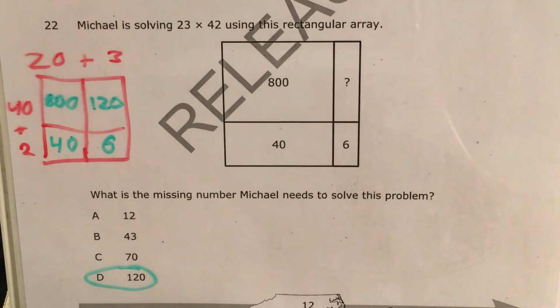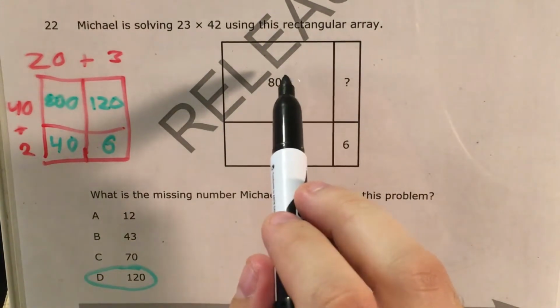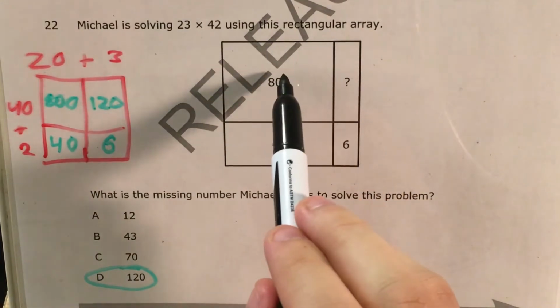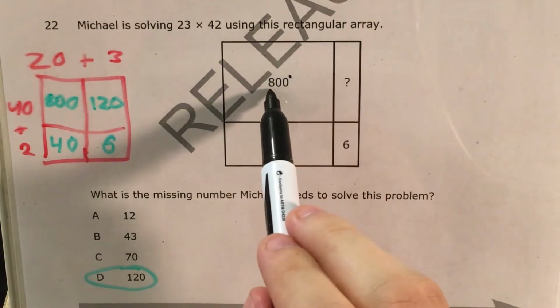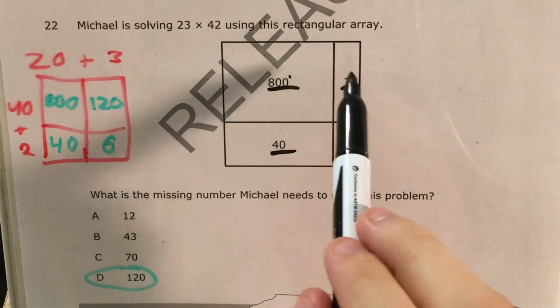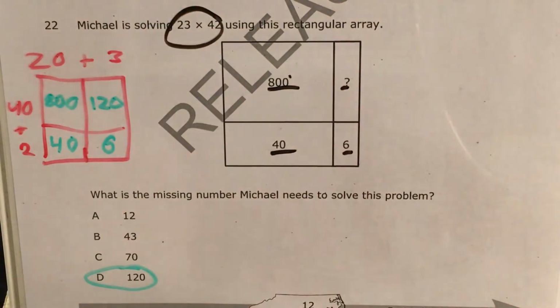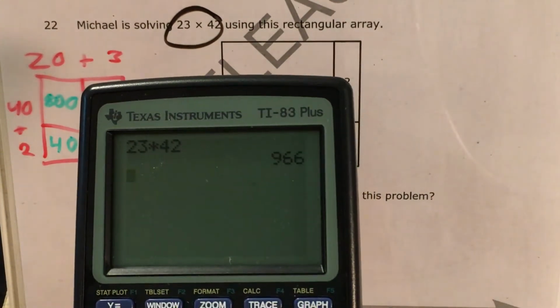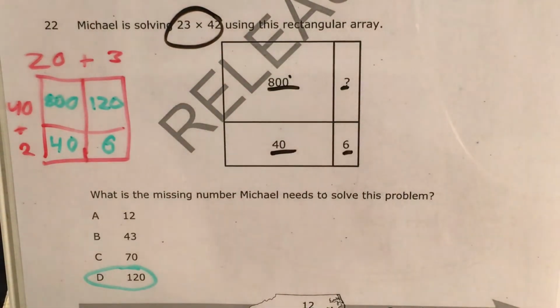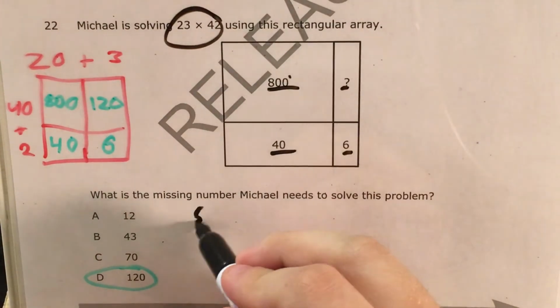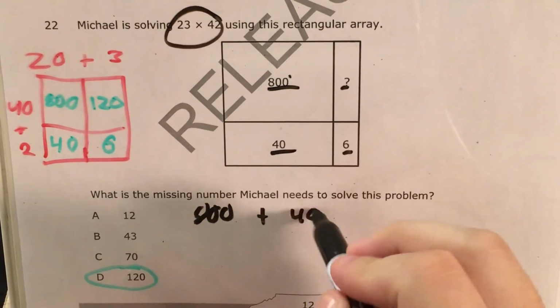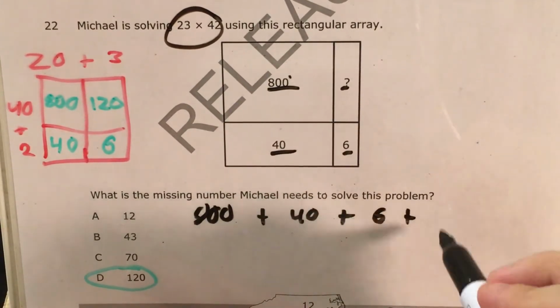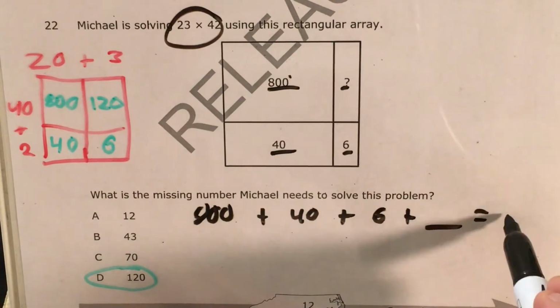It's going to involve equations, and it's going to look like a lot of other questions that I've done, but essentially, I'm going to assume that even if you don't know anything about the box method, you'll assume that we just have to add this number, this number, this number, and this number to get whatever the answer to 23 times 42 is. Thankfully, this is calculator active, so I'm okay to go ahead and find 23 times 42, and it gets me 966. So I know that 800 plus 40 plus 6 plus some number I don't know yet equals